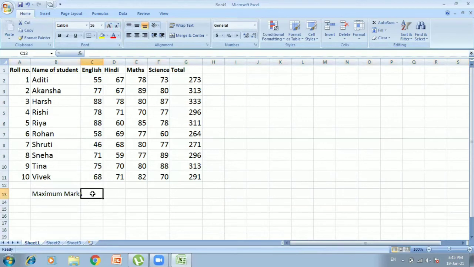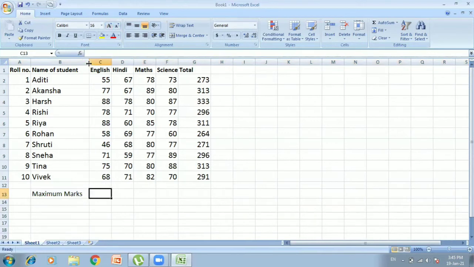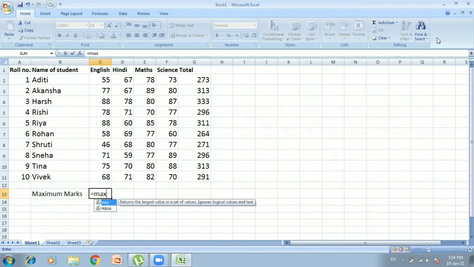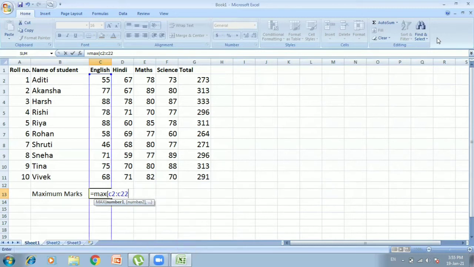Now, suppose you have to find out the maximum mark. So, we will start from is equals to max and within bracket. Now, I have to compare the marks of English, column C. So, I'll start from C2, that is highlighted, semicolon, till where I have to compare, C11.